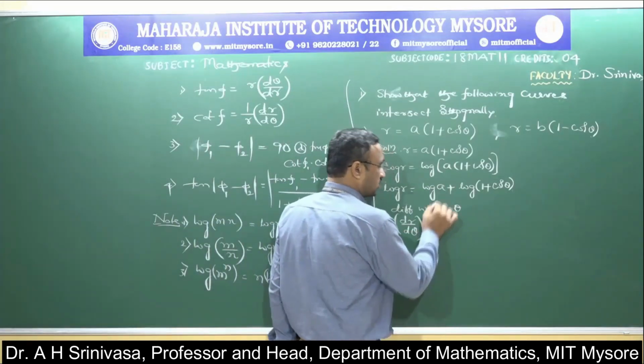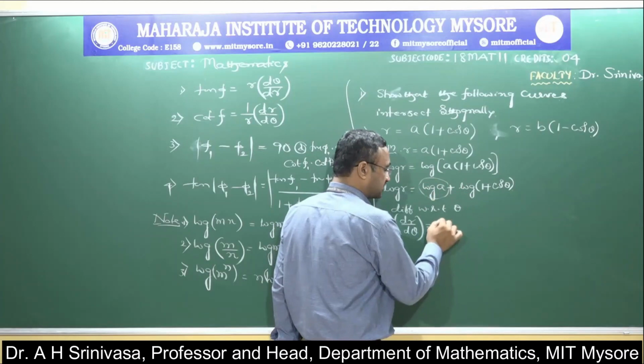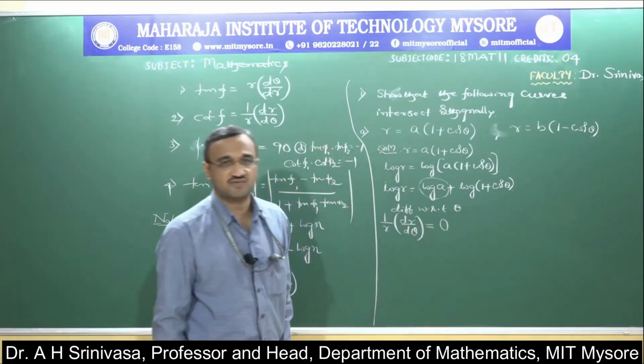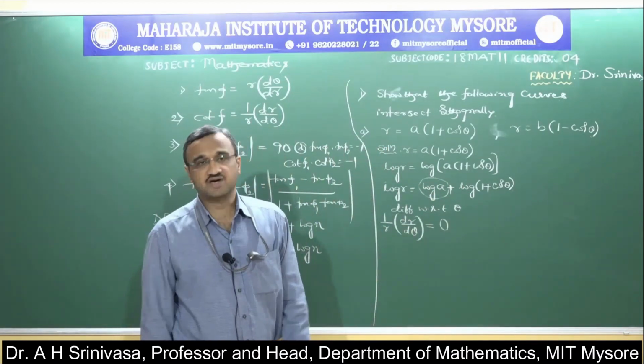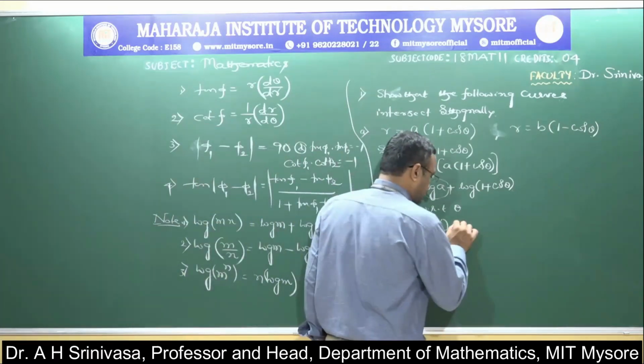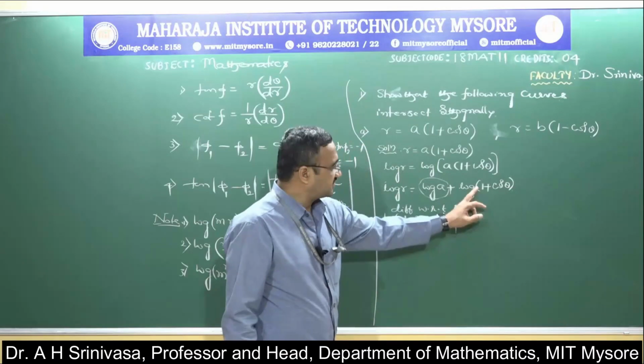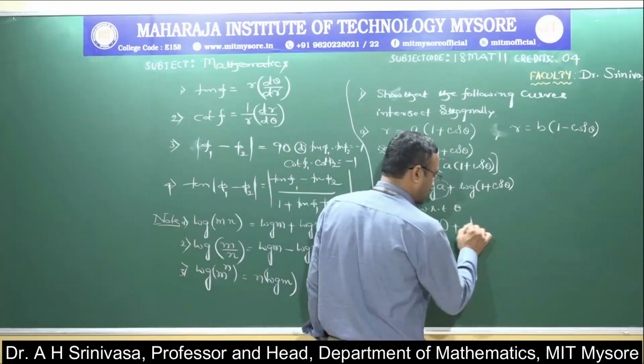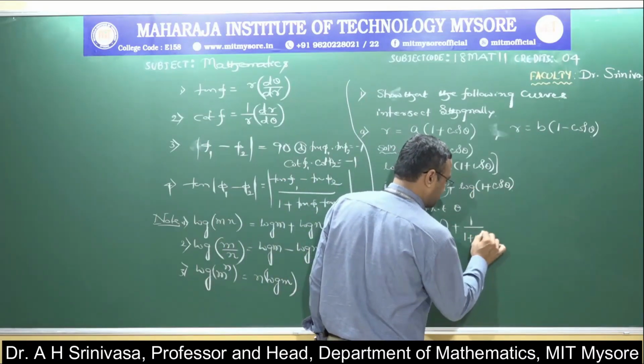Then, differentiation of any constant function, and log a is a constant, becomes 0. Plus, the differentiation of log of something is 1 by (1 plus cos theta)